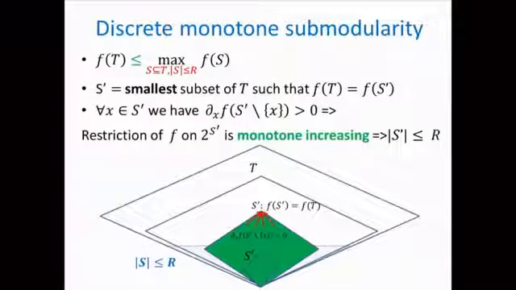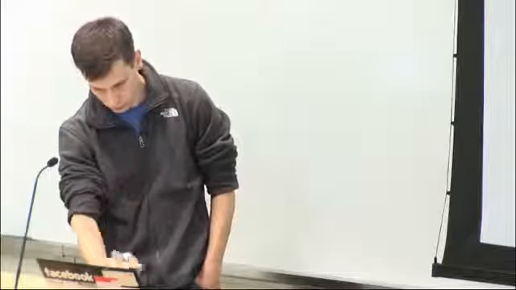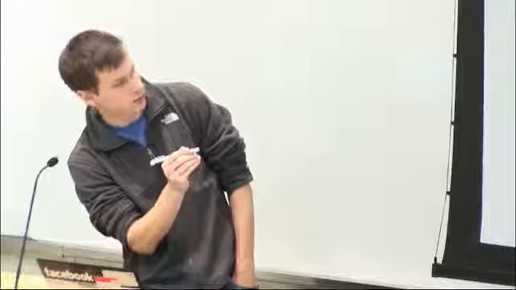All right, now consider, again, this point t somewhere here in the hypercube. And then consider a set S prime, which is the smallest subset of t which has the same function value. Namely, f of S prime is equal to f of t. And it is the smallest one. You cannot remove any element from S prime without violating the property that the value is the same. So because this is the smallest such set, for every element x in S prime,